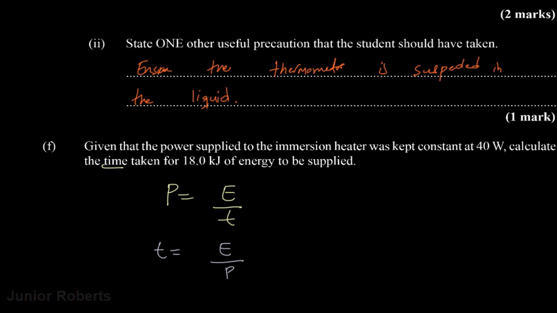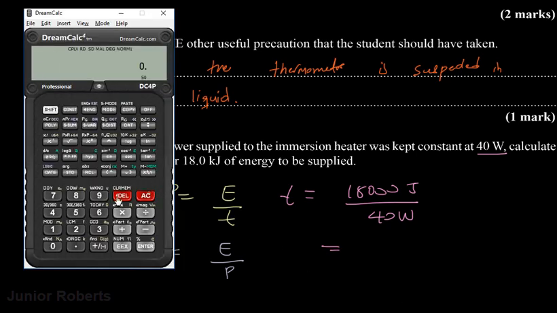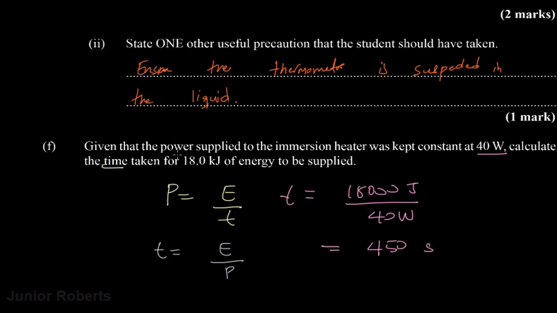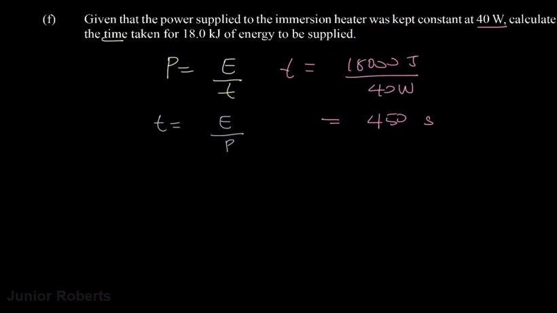So then now if we continue, we're going to get that time t is equal to the energy, which is 18 kilojoules. We're going to convert from kilojoules to joules by multiplying by 1000, so we're going to get 18,000 joules divided by, in this case our power is 40, so 40 watt. And then we take our calculator for assistance and we say 18,000 divided by 40, and that gives us an answer of 450 seconds. And that would be our final answer. And that would be the final part in this